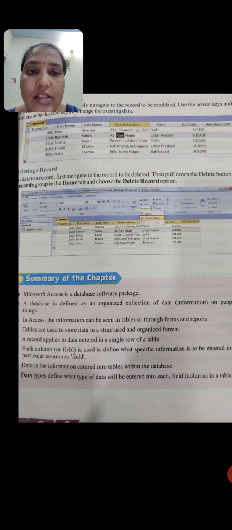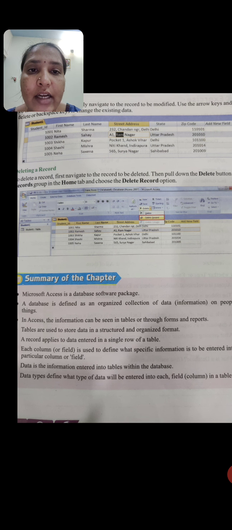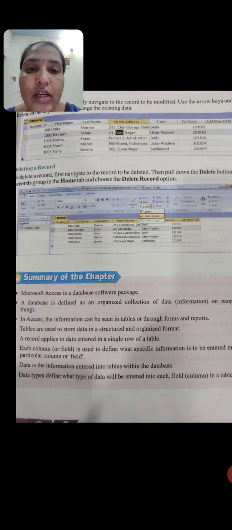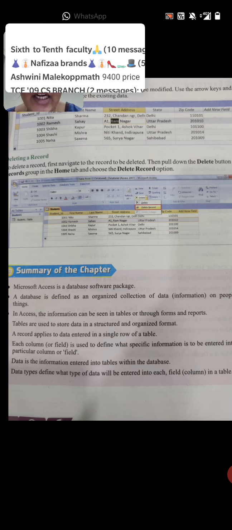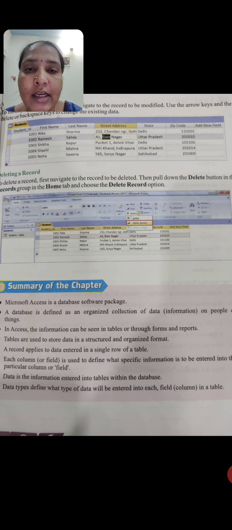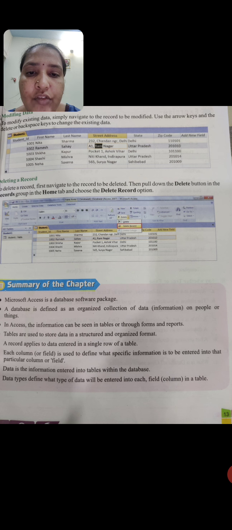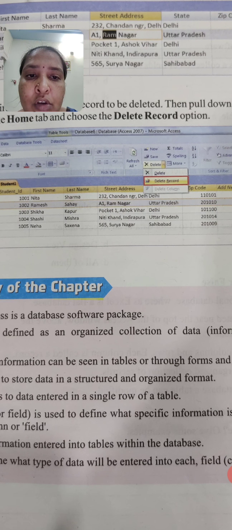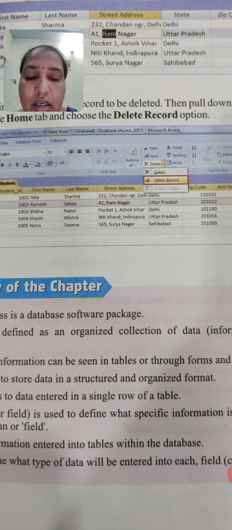If you have written a wrong address and want to modify it, we have to click on that field and enter the correct address. Likewise, we can modify the data over here. Then deleting a record: if you want to delete a record, we have to select that row.